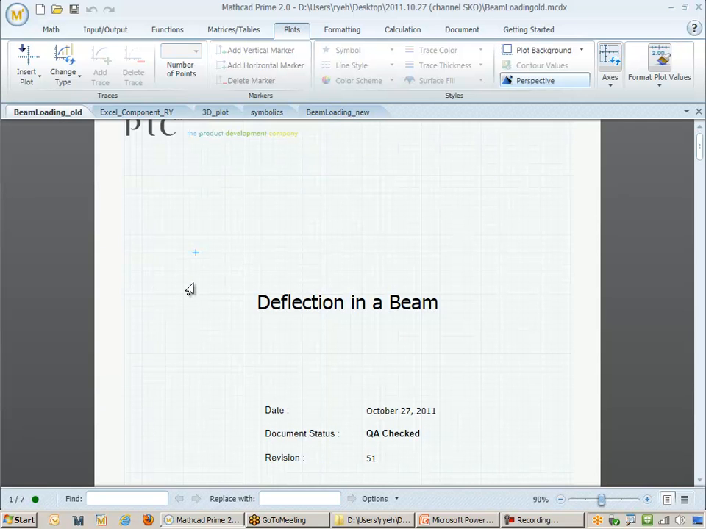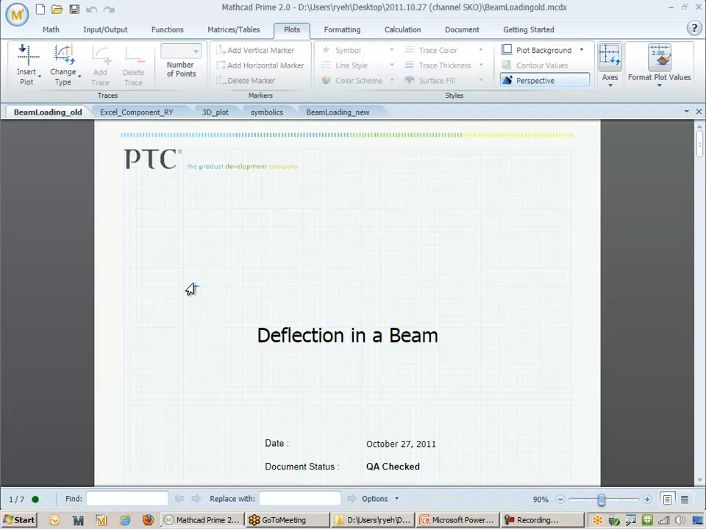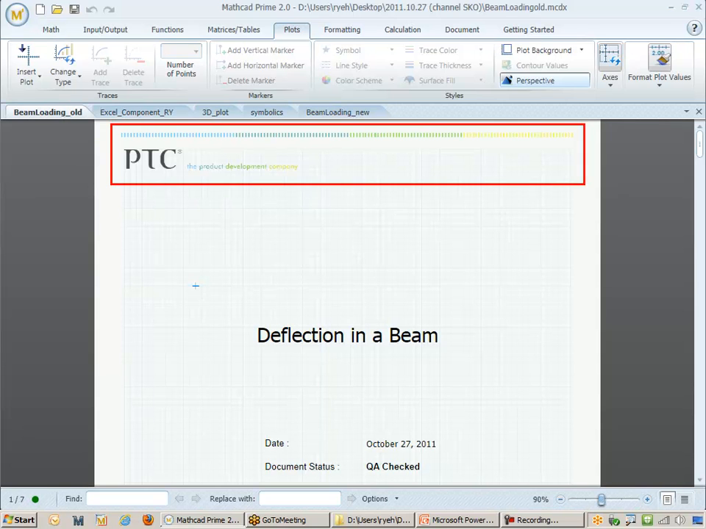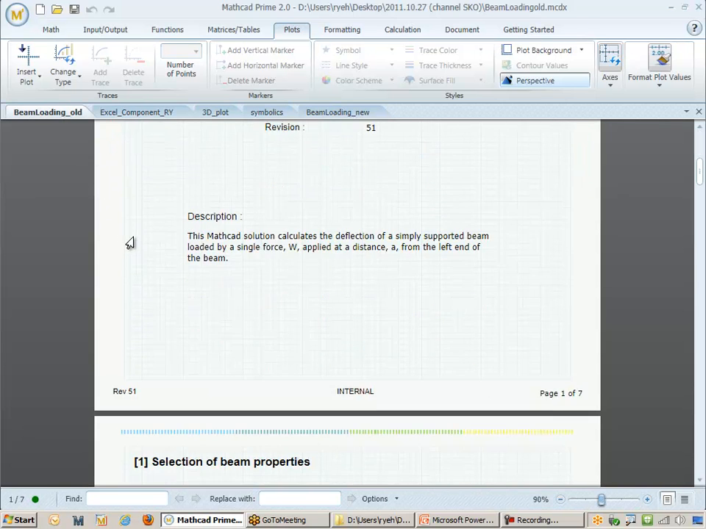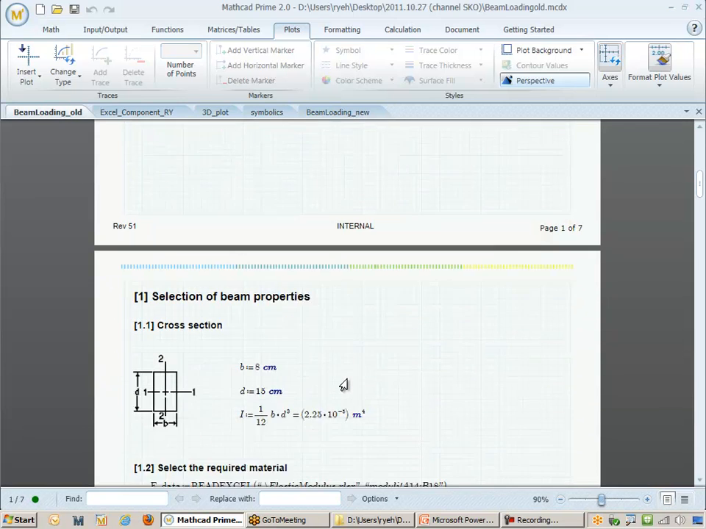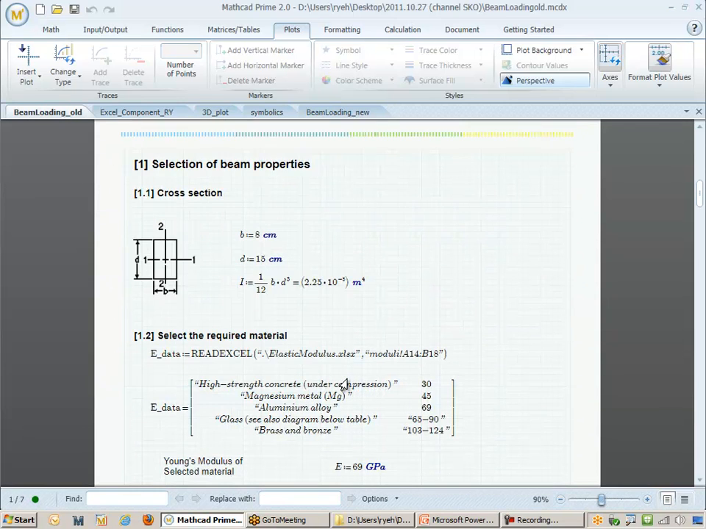It's just a worksheet that computes the deflection in a beam, right? So if you're building a bridge, or if you're building a building, you have all these beams, and you want to make sure that they're strong enough to support a certain load. So this is a title page, and as you can see, you can embed header and also footer files right into this document. Now, if we go into the body of this document, this is what you've already seen before,